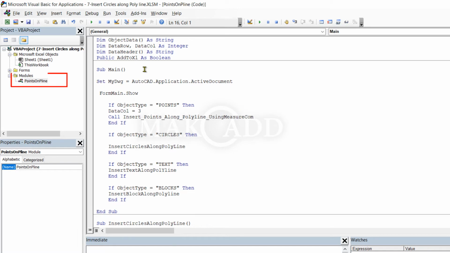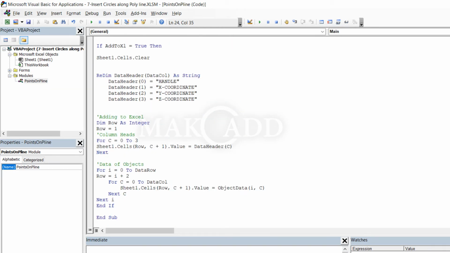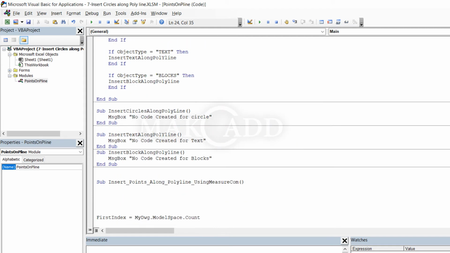Now this module, points on pline, is already lengthy, so we will not create new procedures in the same module, because if the module is too lengthy, it increases the size and the macro may misbehave and create errors.